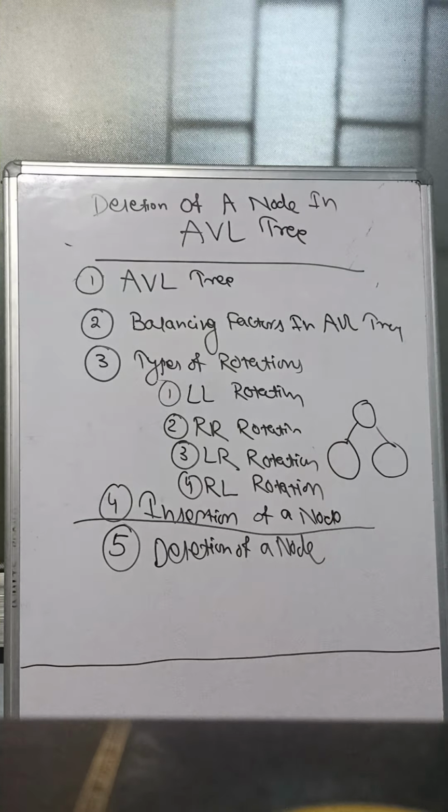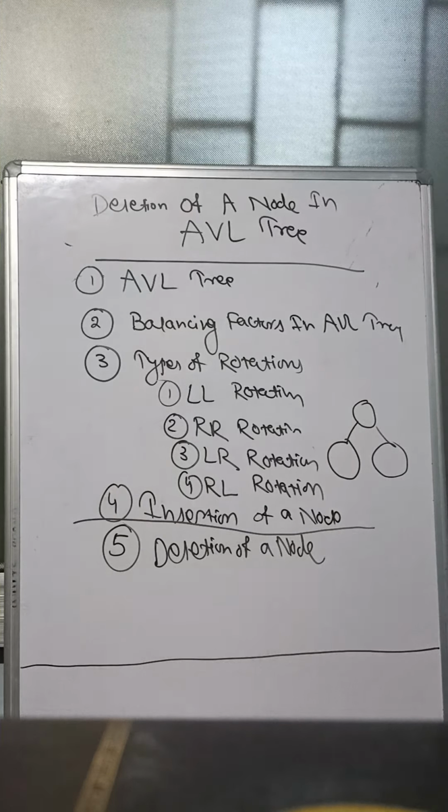So when the AVL tree comes into our mind, we have to think about its height. In a BST there was no height factor, but in the AVL tree I have to consider the height of the tree. How do you know that this tree is balanced? If the balance factor is 0, -1 or 1, then we know that yes, the tree is balanced. We have completed all this in our previous classes.